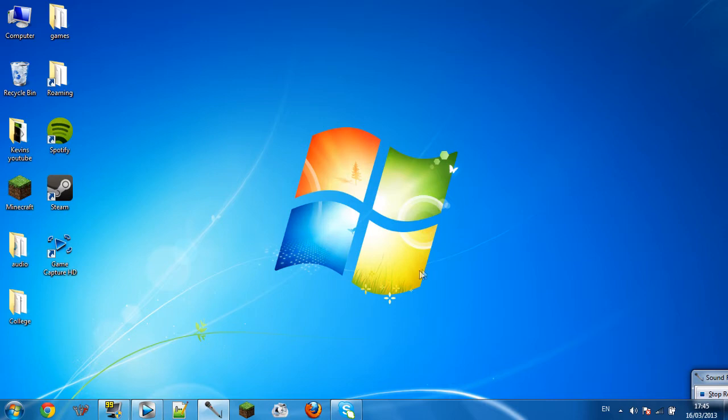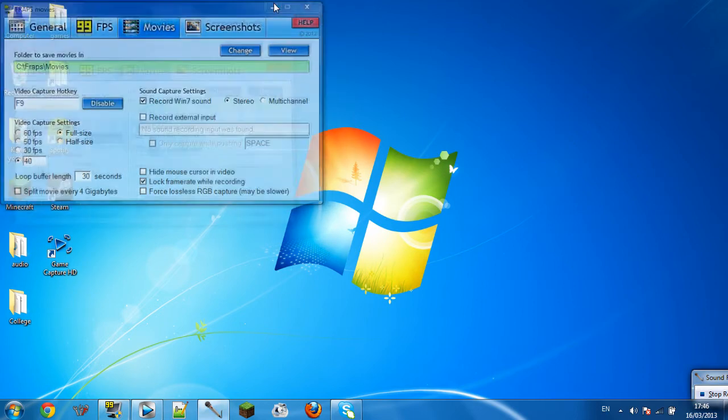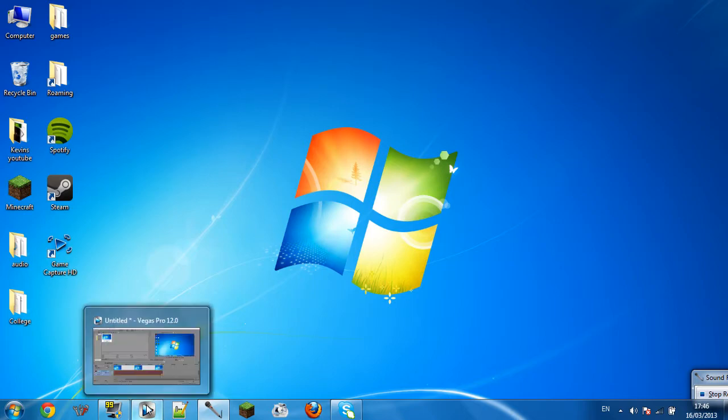It's how to render videos for YouTube. So for this, you are going to want two things. One is something like this, which is Fraps. I was just checking to see, did it show the cursor? It does. Okay, so you want either Fraps, Bandicam, XSplit, any of these things for game capture, or anything really, so that you can record. And once you've got your recorded clip,